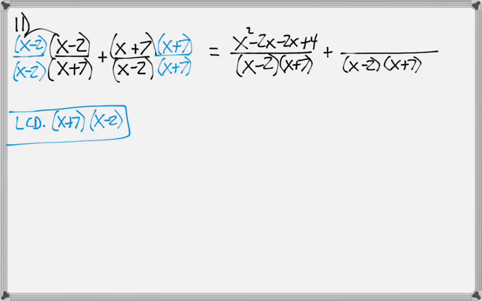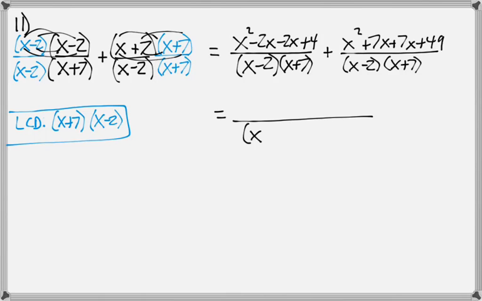So you are foiling that. Same here. Only the numerators are foiling. And then that'll be x squared plus 7x plus 7x plus 49. So then when I add these up, this is going to be x minus 2, x plus 7, and then